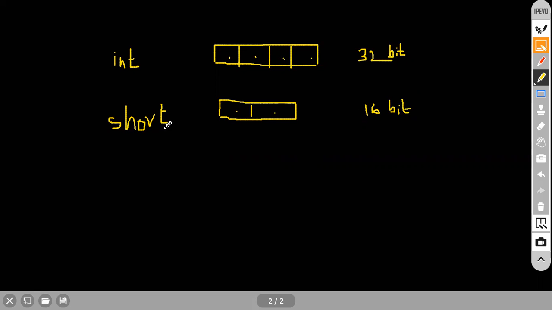Now what I am going to do, I will take some number for this particular short, like this. You take any number, something like 16. So this number 16, see here, is going to fit in this particular data type. Yes or not? It fits in this particular memory, nothing but 16 bit memory. So it will fit in that.